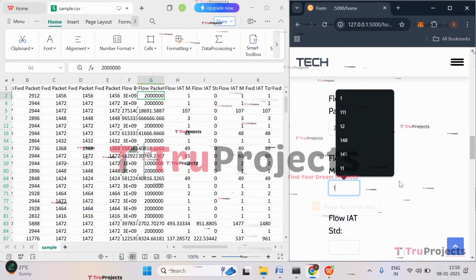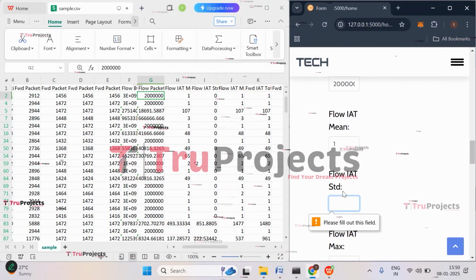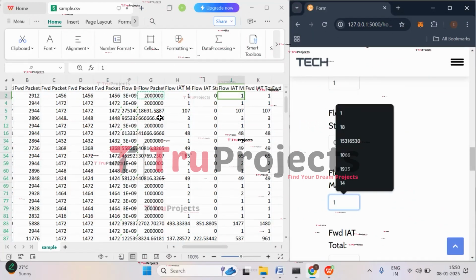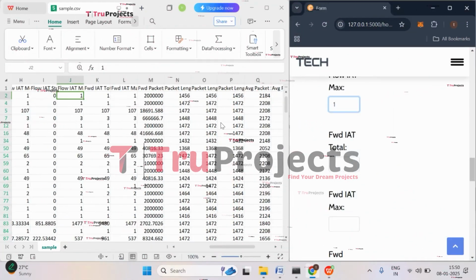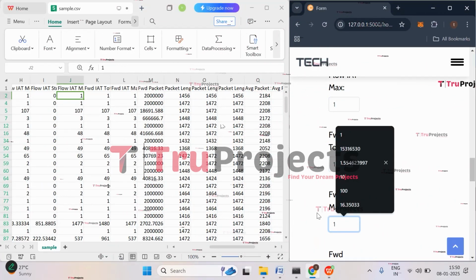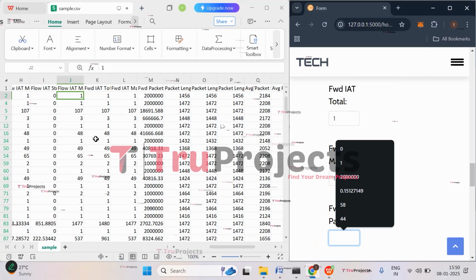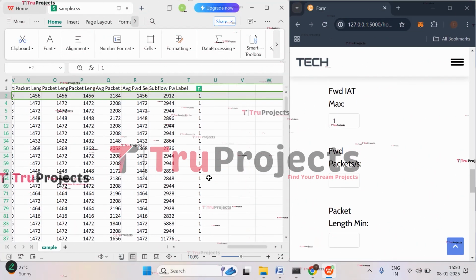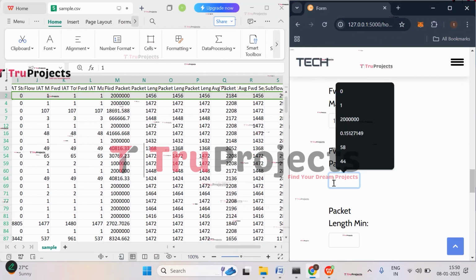And then min is, mean is 1, 0 is standard deviation, 1 is max. And then we have forward IAT max, total is also 1, max is 1. And then we have forward packets that are 20 lakhs. So write it here.